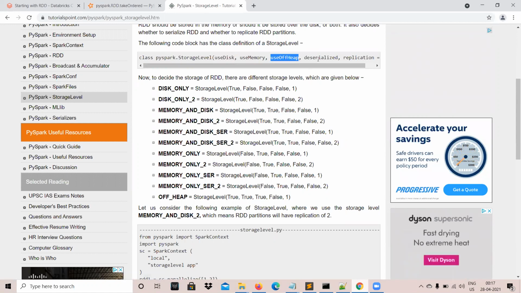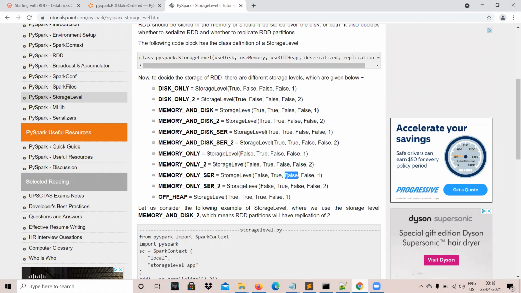All are boolean flags. So memory only serialized means we are saying use disk false. No, we are not writing into disk. Use memory true. You can relate it here. Use off heap false. Then deserialized false.